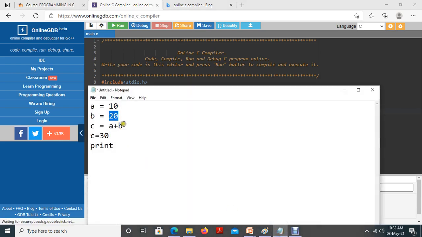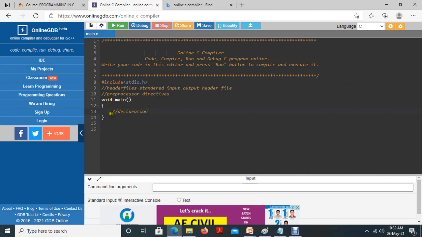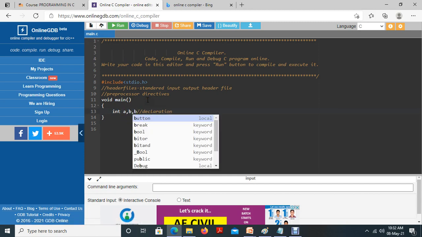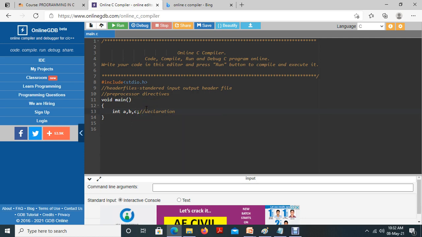Listen, here we have variables A, B, C, and these variables are human-understandable variables. They are for our use, for humans. We say that A is a variable, B is a variable, C is a variable. But how does the compiler know that it's a variable and that it can store integer values like 10, 20, 30, etc.? For that, we inform the compiler: listen compiler, I am using three variables A, B, C, and these variables are of the integer data type.